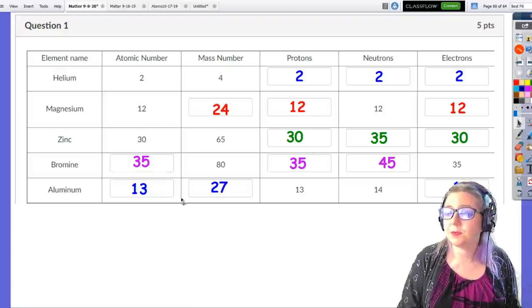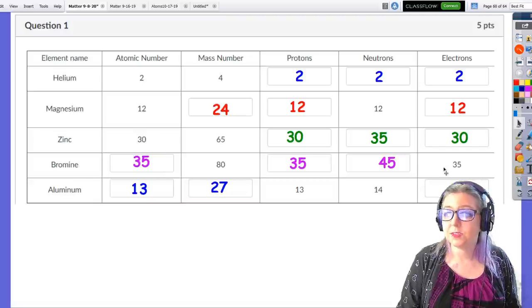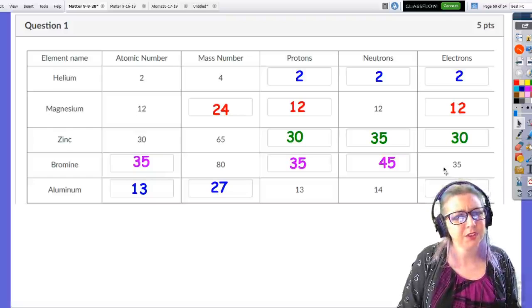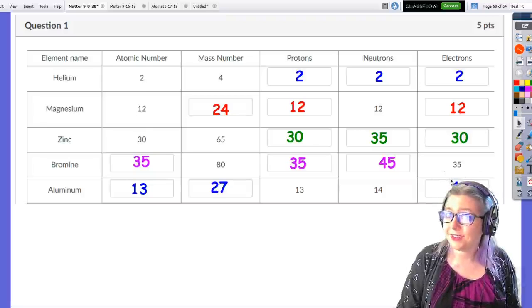Now I'm going to skip to bromine. What I like about bromine is that they do not give us the atomic number or protons here. In bromine, they give me my mass and my electrons. So this might cause you a second to think about how to solve this, because we've always started with protons or atomic number. Well, if I have my electrons,